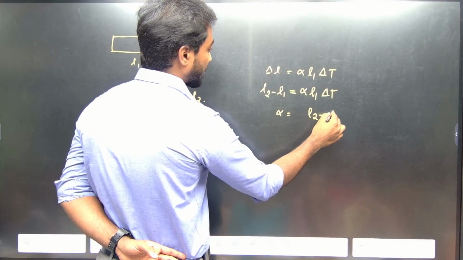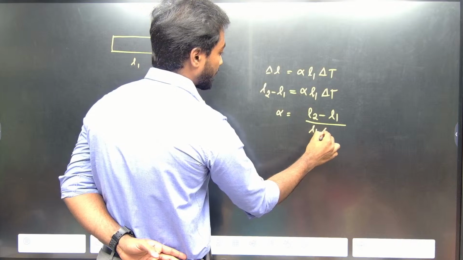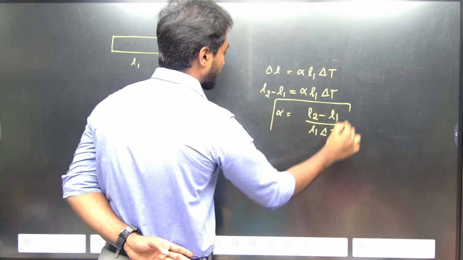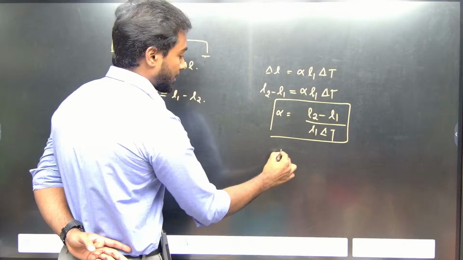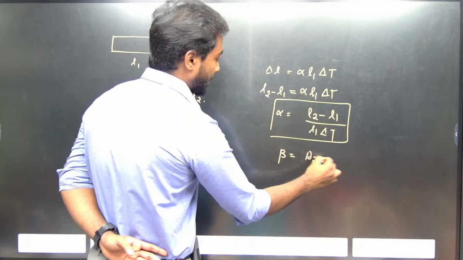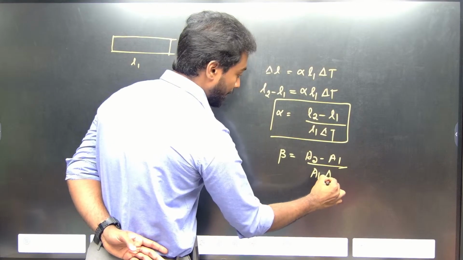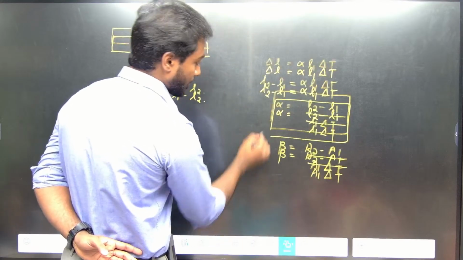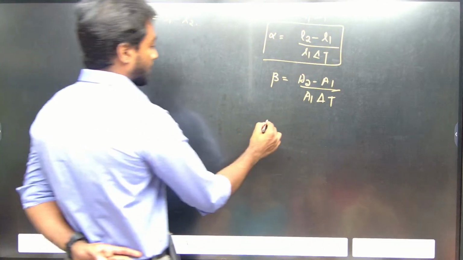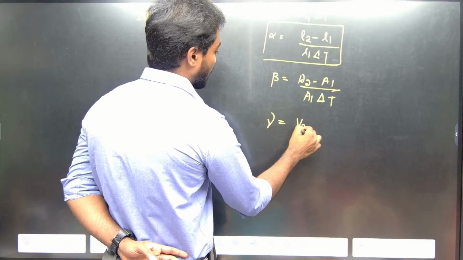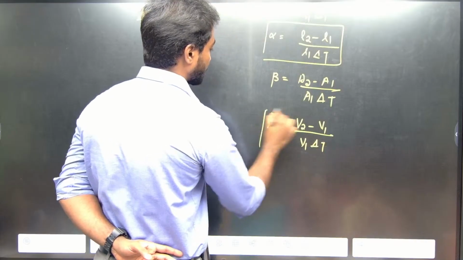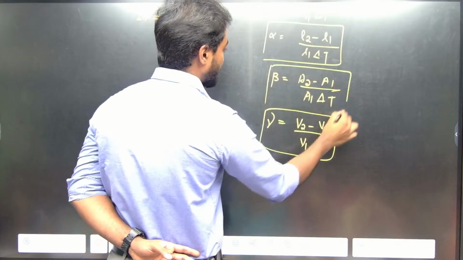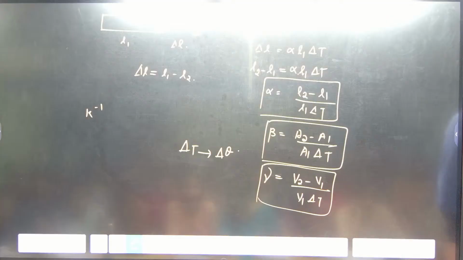L2 minus L1 by L1 delta T. This is alpha, then beta will be A2 minus A1 by A1 delta T. Then gamma will be equal to V2 minus V1 by V1 delta T. So in some places, instead of delta